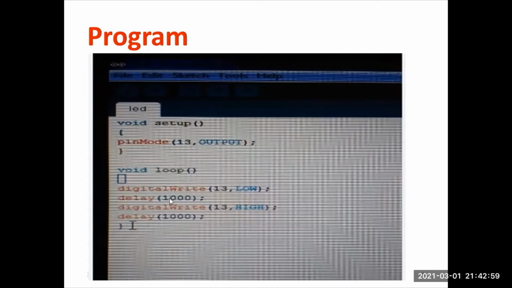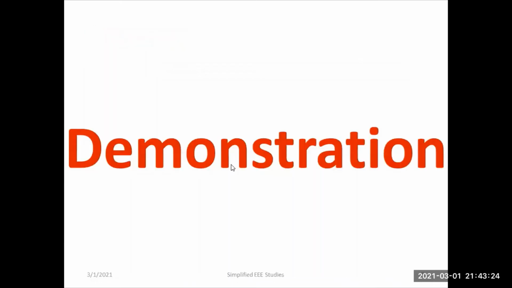Then I am going to make a delay of 1 second, or we can call it 1000 millisecond. So the on and off process will be repeated every 1 second. So that is actually the program. Anyway, you have to do the wiring first. After doing the wiring, connect the Arduino to the laptop. The IDE must be installed in your laptop. Then you have to run the program. Okay, so that is the main thing. Let us go through the demonstration, how we can make it.